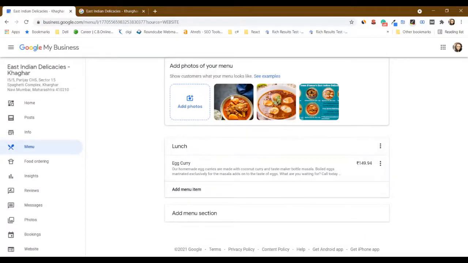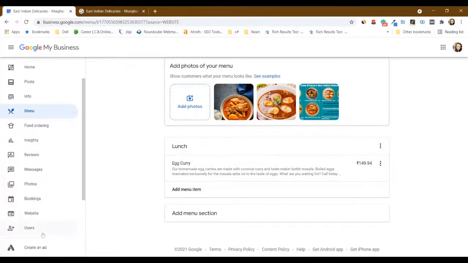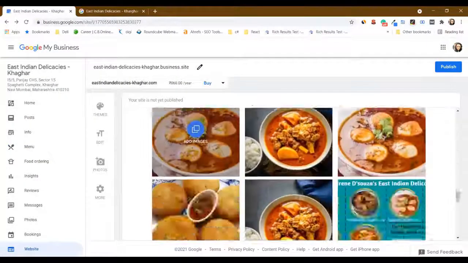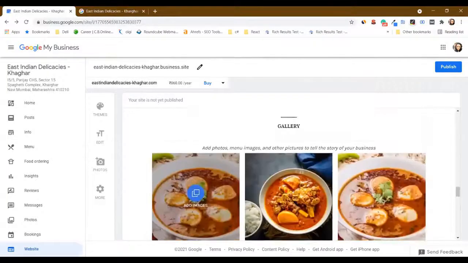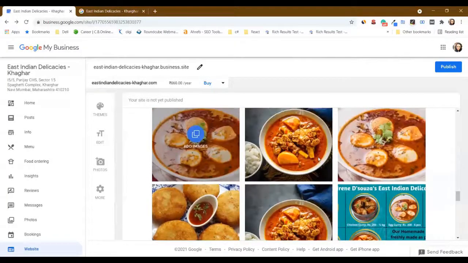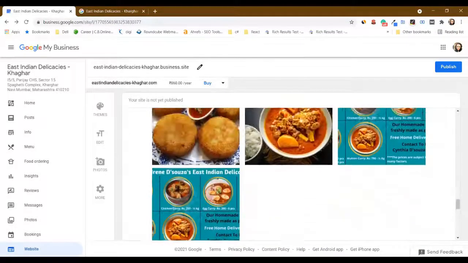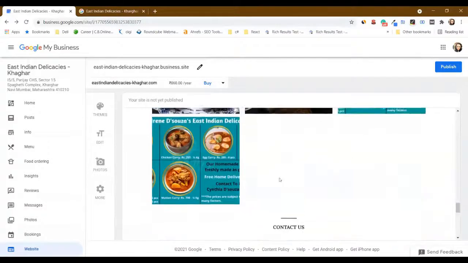Alright, so this way you can add images and it will get uploaded automatically on the website. Alright, so in this way I have added images. You can add more images if you want.